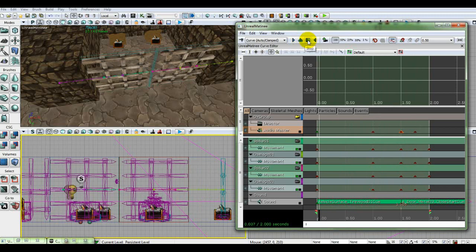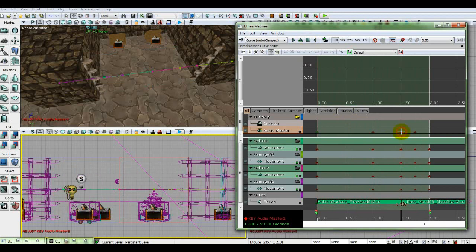Alright, and we need to add one more keyframe in there. So we're going to select this keyframe, and we're going to jump back just a fraction of a second. Because what's happening is it's going from silent and then slowly going back up to 1, so we get a little bit of extra sound that we don't want. So we're going to move it back just a fraction of a second from 1.5 to, let's go to 1.75, hit enter,